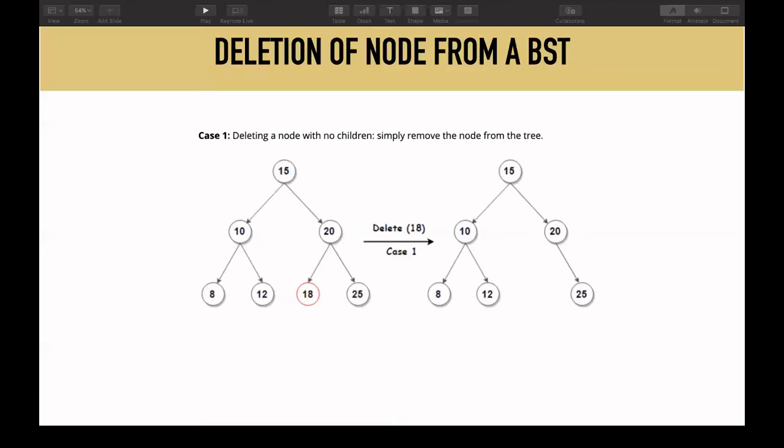So this is probably the easiest operation under deletion, in which the node which you want to delete has no child. In that case, as I said, you simply do the search operation, find the node, and then simply delete it. It is very similar to deletion in a linked list, like deletion from the end.